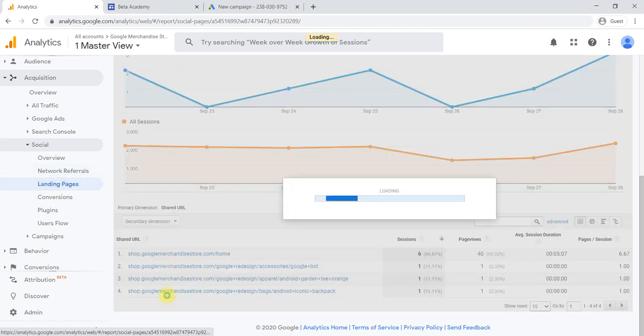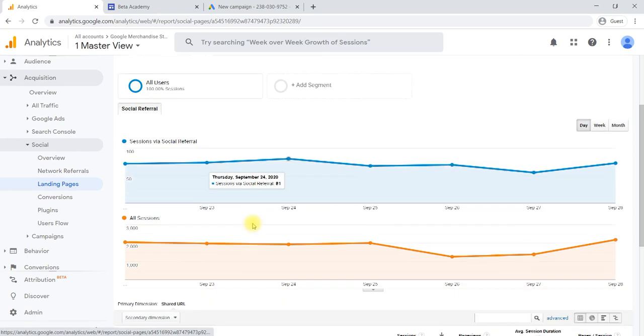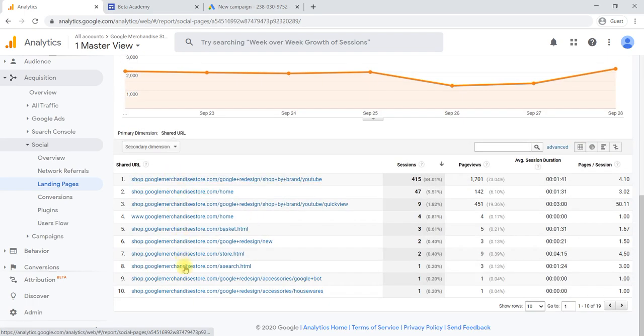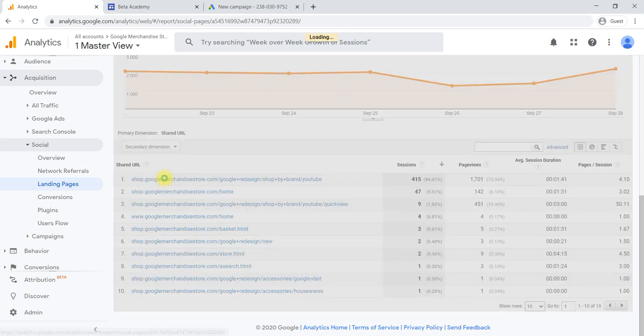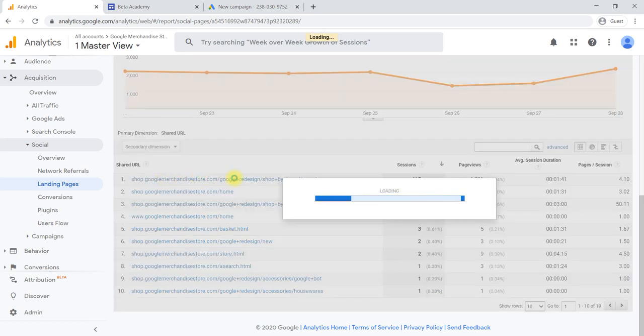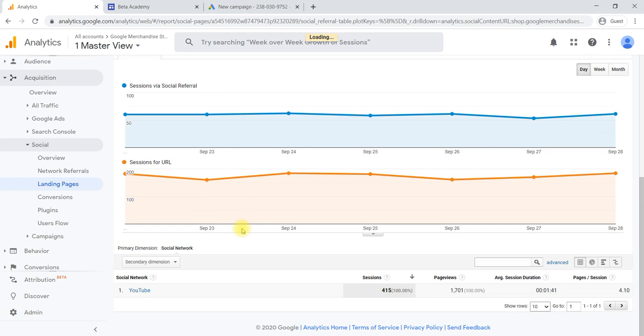Landing page is nothing but these links will be shown. Landing page basis, yes, the link will be shown. Previous network basis is nothing but based on Facebook at that level. We went in depth, in the sense of for which product we have maximum clicks. To understand that, we are using landing pages. For which page we have maximum clicks, to understand that we are using landing page based